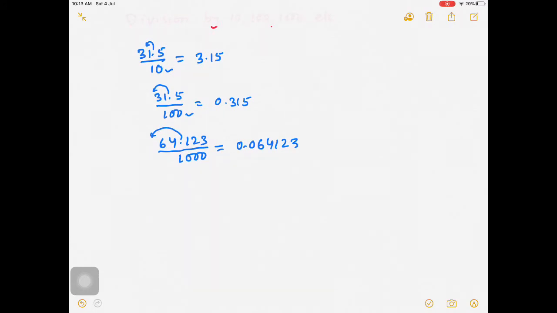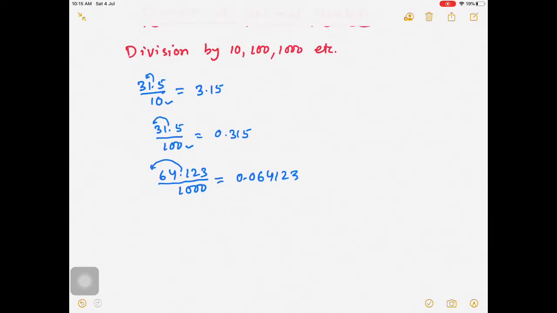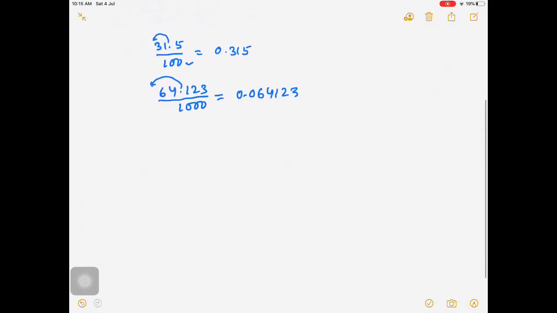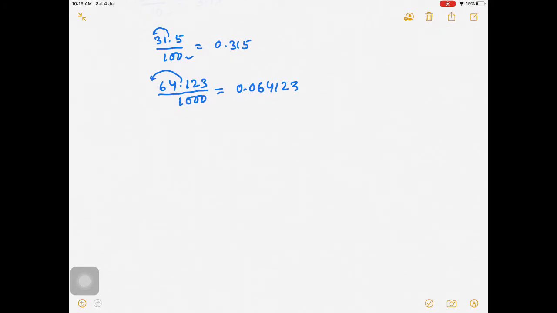In this way, we have learnt how to divide a decimal number by 10, 100, 1000, etc. Here you can see that it is just the reverse of the process of multiplication. In multiplication, we counted the number of zeros and shifted the decimal towards right. And here we have to shift the decimal towards left. So let us take some other examples when we divide a decimal by a whole number.